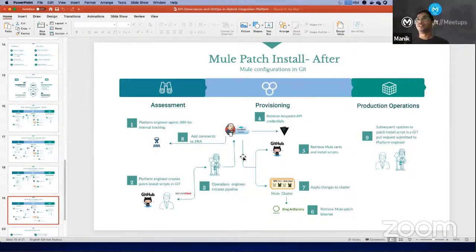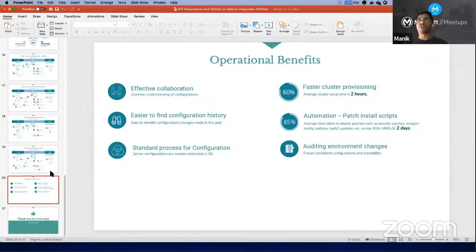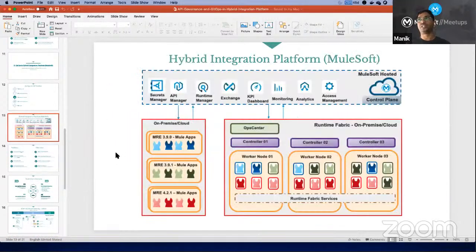Okay. Next one, I noticed you showed multiple runtime versions versus Runtime Fabric in your hosted runtime plane. How do you manage all of that from a Mule configuration perspective and from a Mule deployment perspective? Very good question.